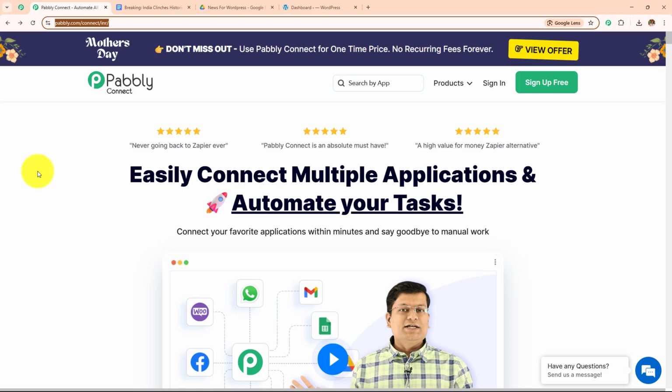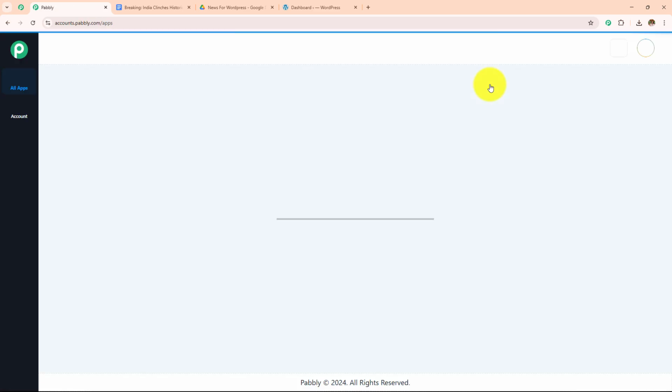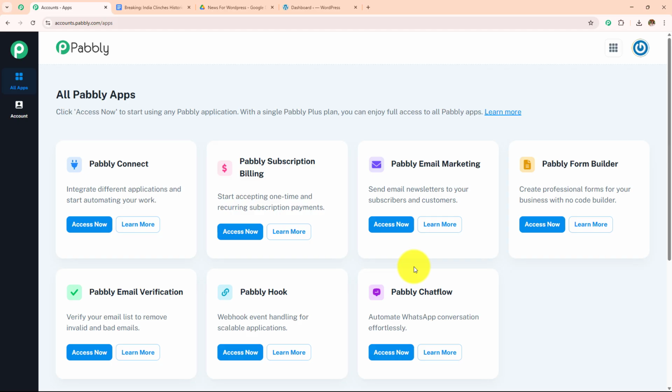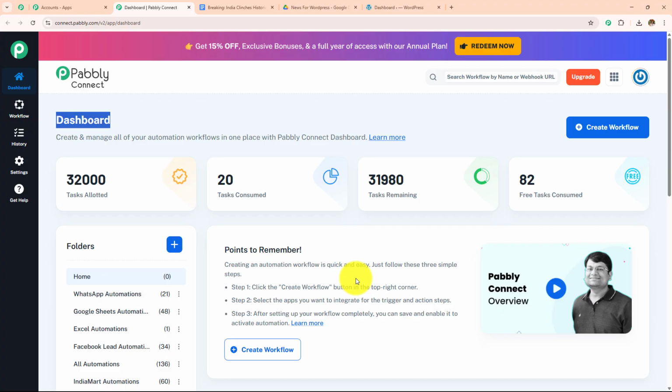On the top right corner, you can see two options: sign in and sign up for free. If you are an existing user, click on sign in, and if you are a new user, click on sign up for free, and this will give you 100 tasks free on a monthly basis. As I'm an existing user, I'll click on sign in, and here the all Pabbly apps page has appeared, which is showing me all the Pabbly applications. I'm going to click on this Pabbly Connect Access Now,